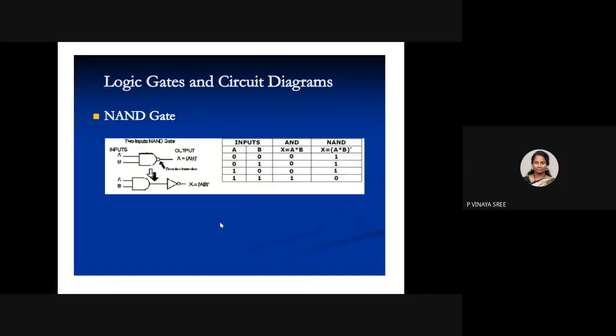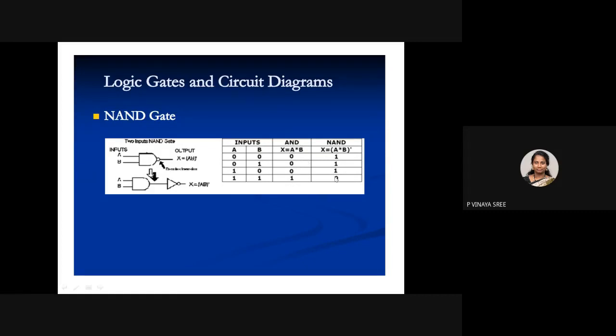So this is your truth table. In order to get your NAND gate truth table, first you have to do AND. So AND is A dot B or A into B, so that you will get any one combination. If it is 0 for AND, you will get the output as 0. So 0, 0, two inputs are 0, output we are writing as 0. One combination 0, output we are writing as 0. The other combination also 0. Next, two inputs high, we are writing as 1. So this is your AND.